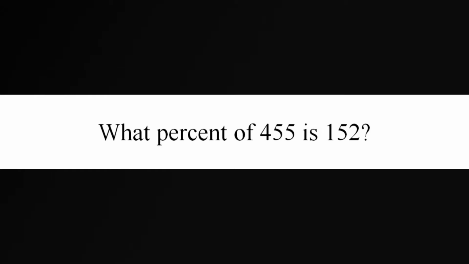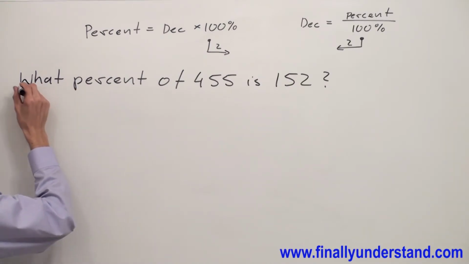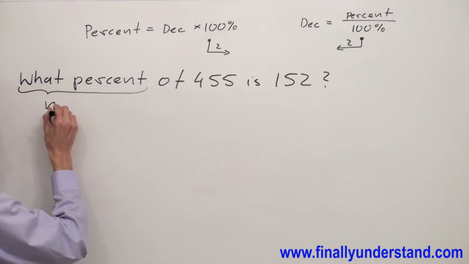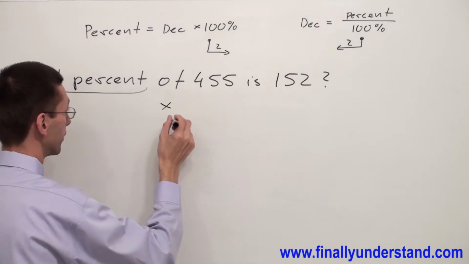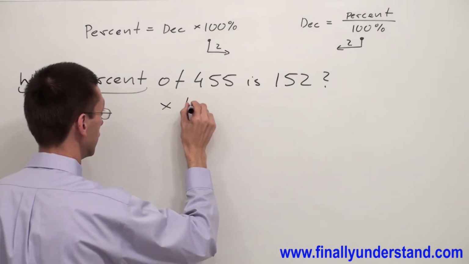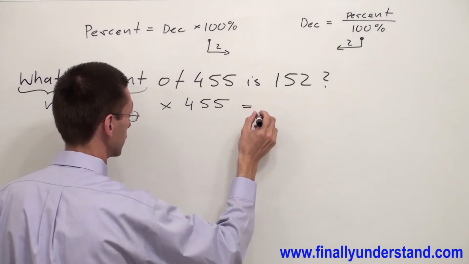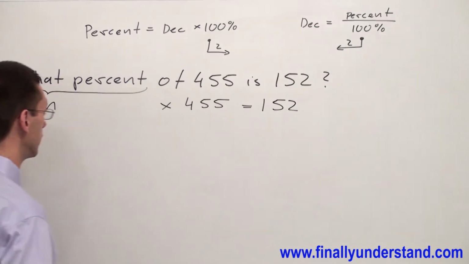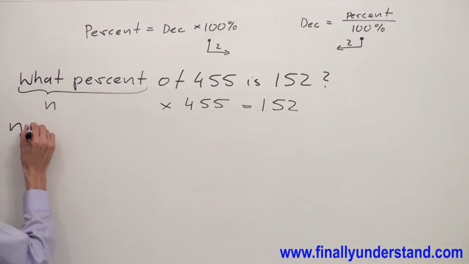What percent of 455 is 152? Anytime you are going to see the words "what percent," simply mark them by n. "Of" stands for multiplication. And I'm going to have n times 455 is equal to 152. Now let me rewrite this equation one more time, and I'm going to have n times